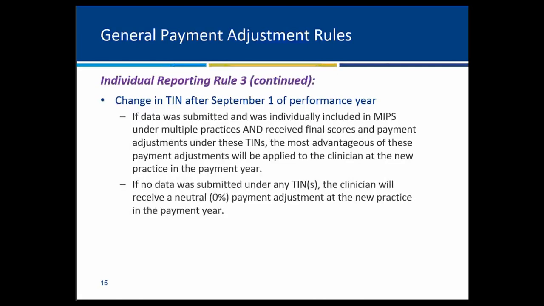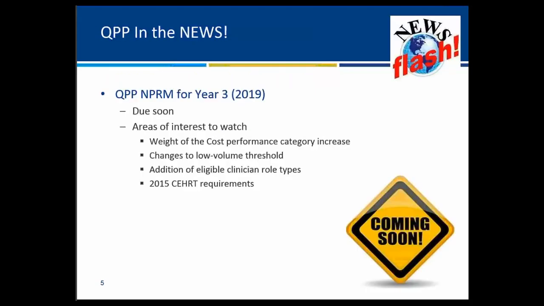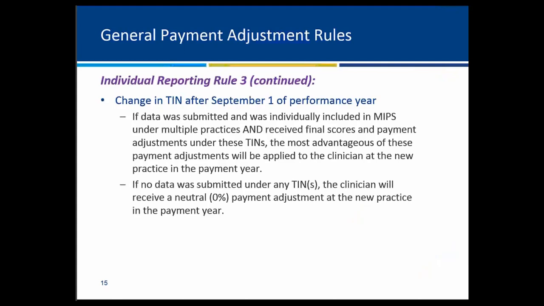Now continuing forward, if data is submitted and the clinician was individually included in MIPS under multiple practices, and they receive their final scores under these multiple practices and payment adjustments under these TINs, the most advantageous of these payment adjustments will be applied to the clinician at the new practice in that payment year. If no data was submitted under any TIN, the clinician will receive a neutral payment adjustment at the new practice in the payment year. So, as you can see, there are just different situations that can occur, and it can